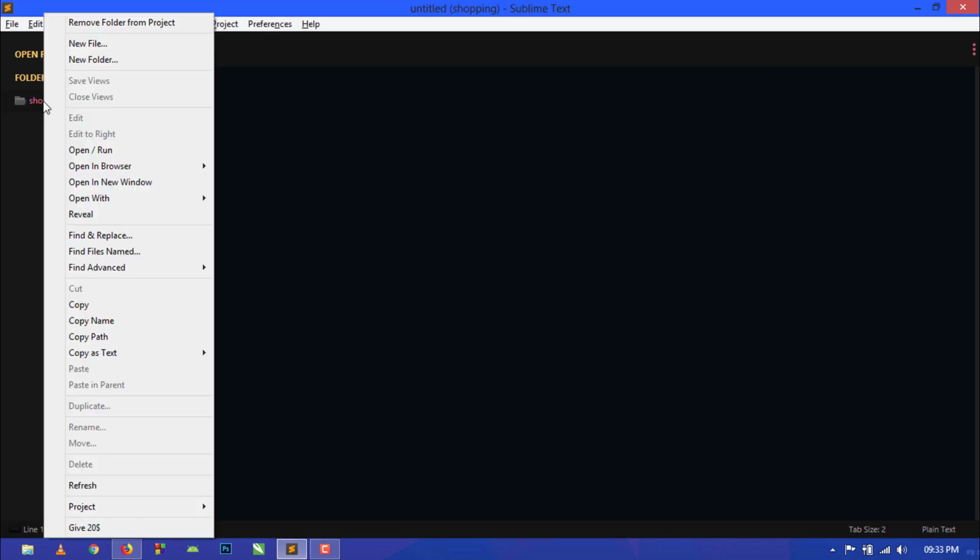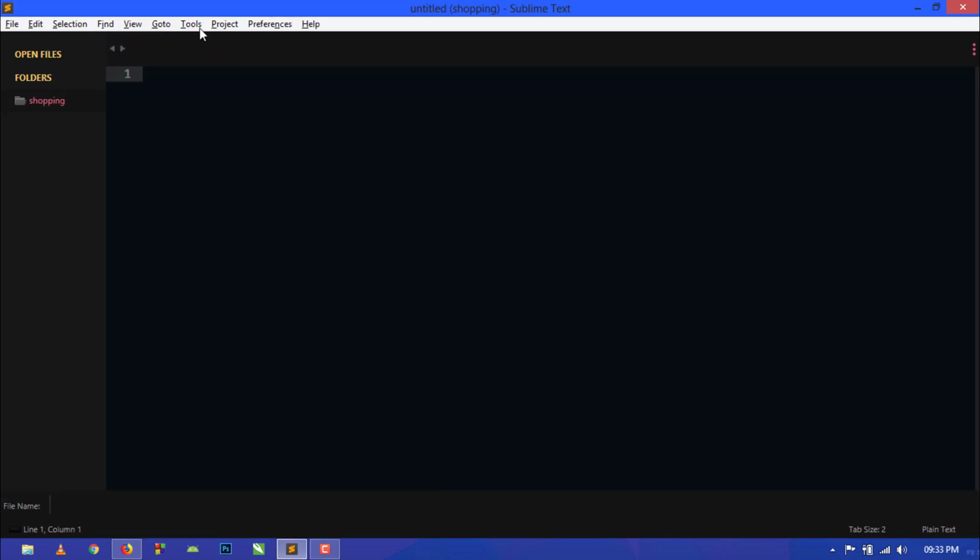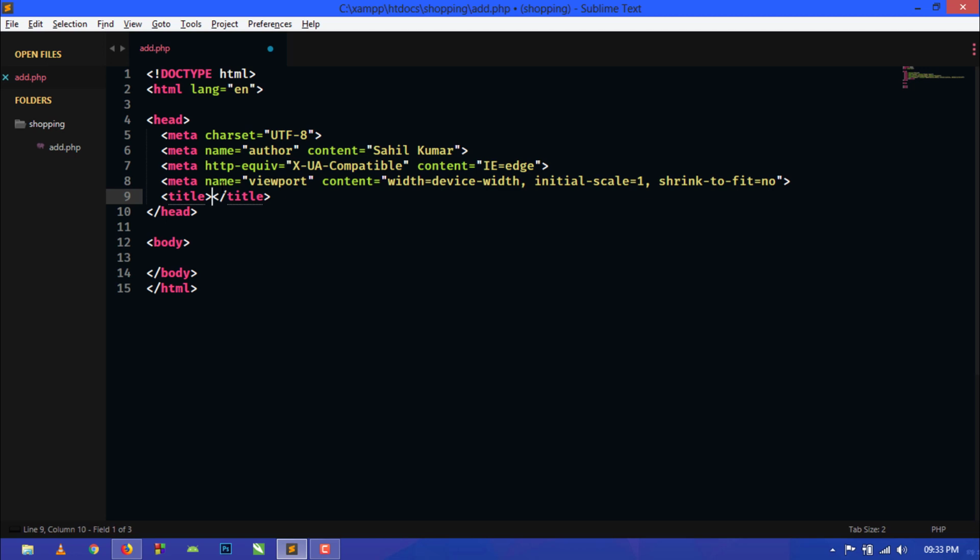Now right click here and click on new file. So first I will create add.php, and here we will design a simple form from which we can insert the product information into the database. So for this I am using Bootstrap 4 for designing the form. So just write this thing and add